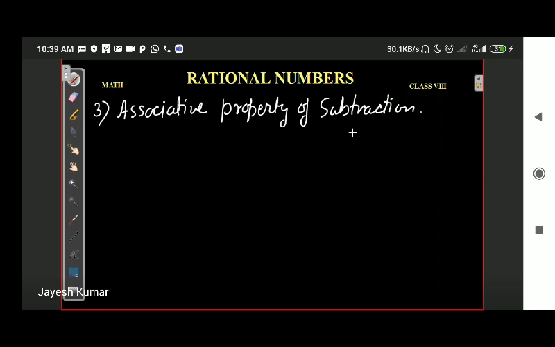So once again, I will take an example from your book. This is question number one, B part. Question number one is an objective type of question. You have to write down whether these statements are correct or not. I'm just taking one of the statements, and I'm already telling you the answer. It is an incorrect statement, but anyhow, we are taking it so as to prove that associative property does not hold for subtraction. So, this is question number one, B part.